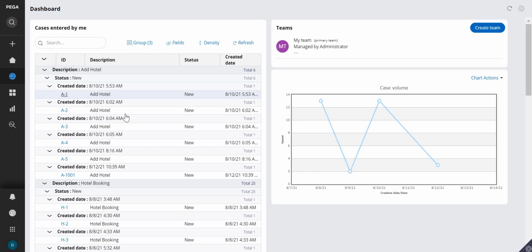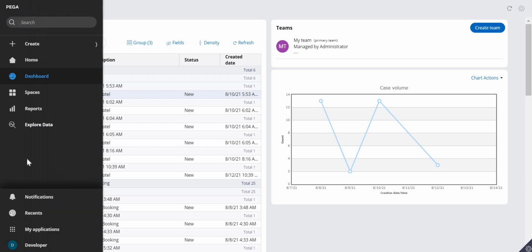So today again in this video we'll be explaining about Harness and UI portal. So this is my end user portal which you are seeing on the screen. On the left side I want an extra menu item, where it will show me all the cases of a particular case type, or I can make it show only the last five records, or the latest five records. I just want to have it in this particular option.